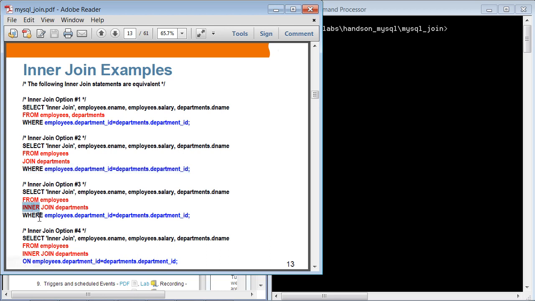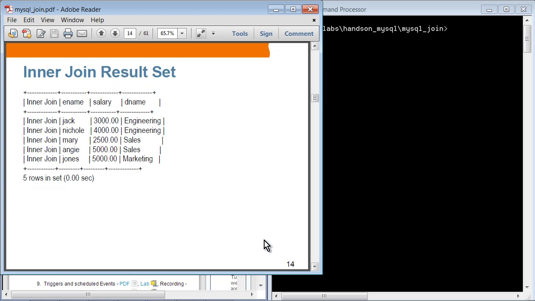Here you can also specify inner join as well. Okay, so this is the same thing as this, and instead of using where, you can also specify on. So this is probably the most common form of inner join example you probably see, the most simplest way. All right, so if you display inner join result set, you are going to see these 5